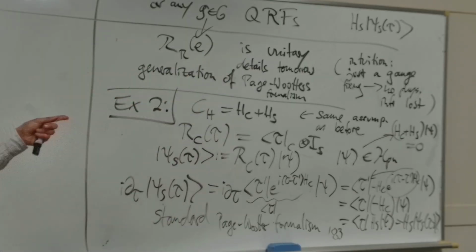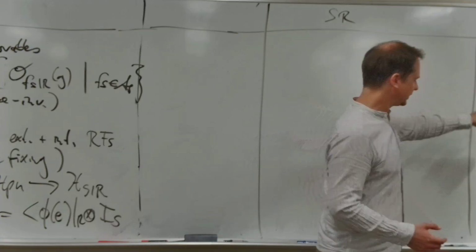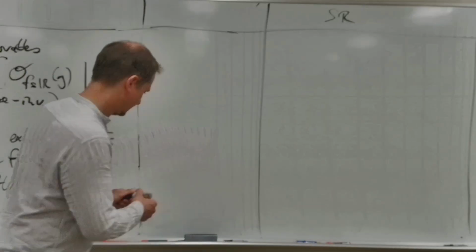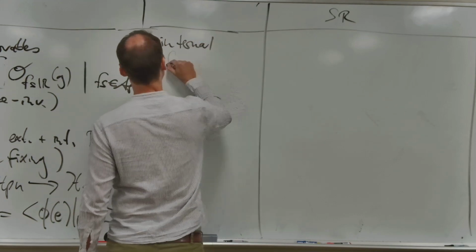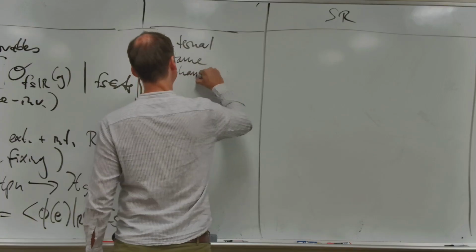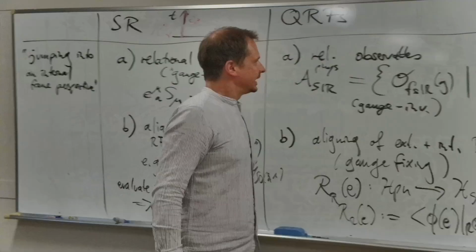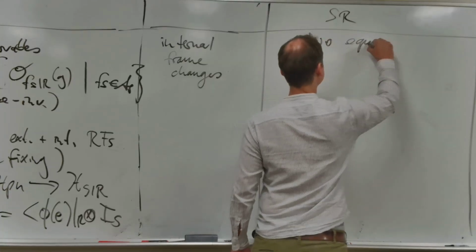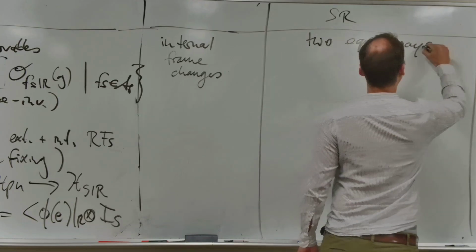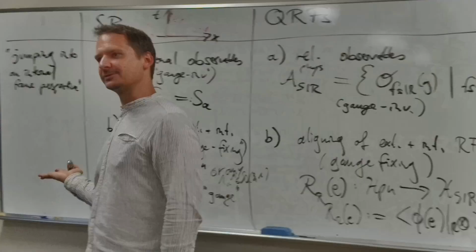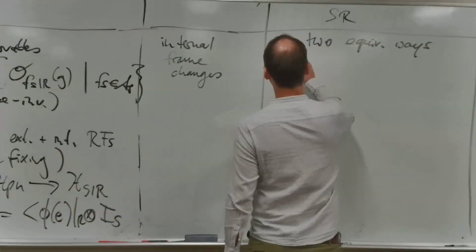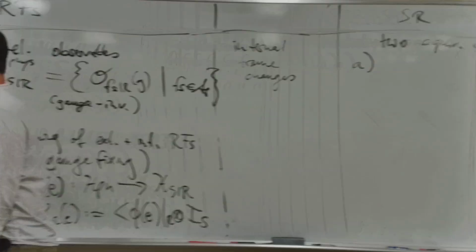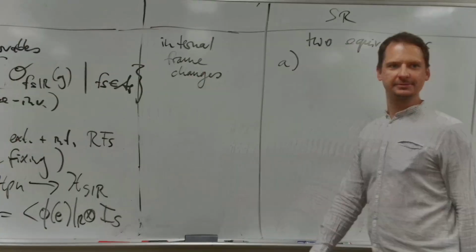Can I wipe this out here? Actually, maybe I don't wipe this out yet because I will first do something. And now, again, there's going to be two equivalent ways of doing so. There's two equivalent ways of jumping into a frame perspective, so there should also be two equivalent ways of changing frame perspective. And the first, so we described the gauge invariant version of jumping to a frame perspective